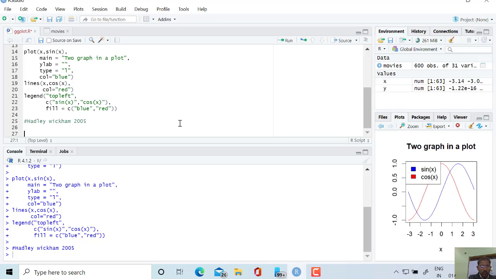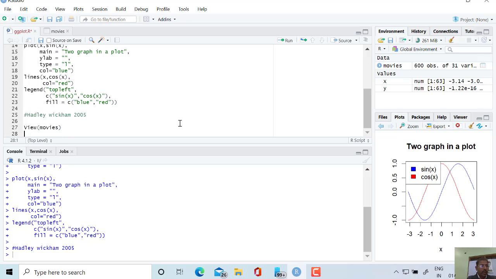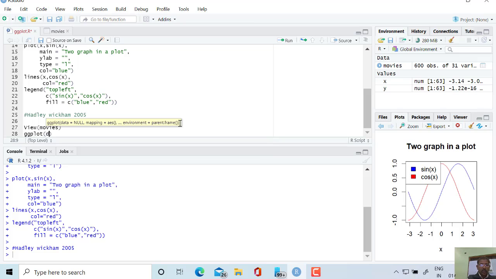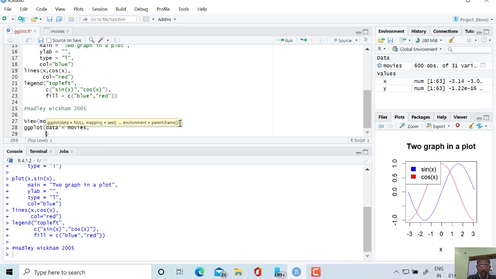That means first of all view movies, because we are working on movies data. So we will use this function, and now the ggplot2 function will be used, and data equal to movies, because we are working for the movies data set, and again the mapping function will be used.